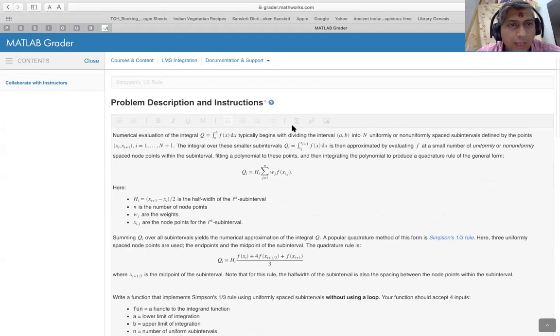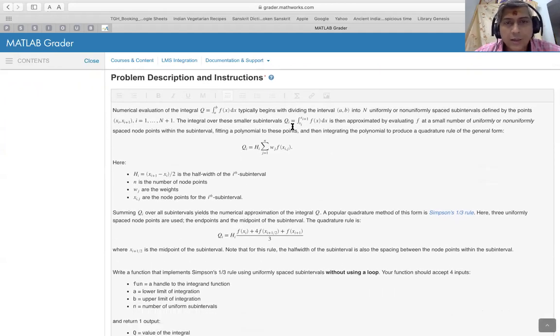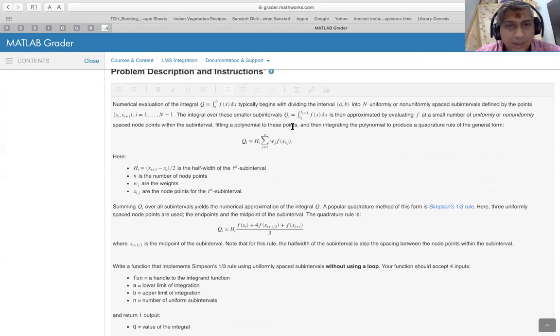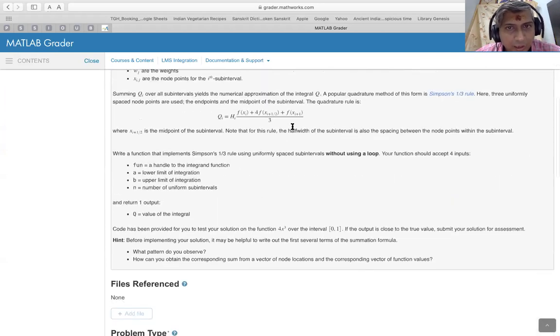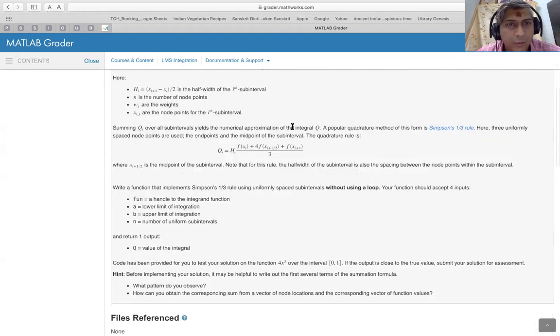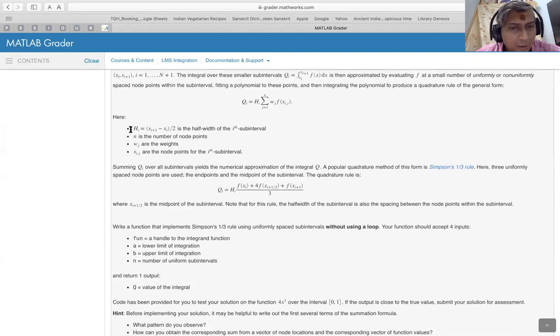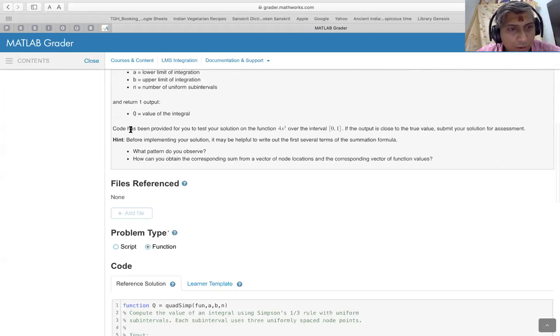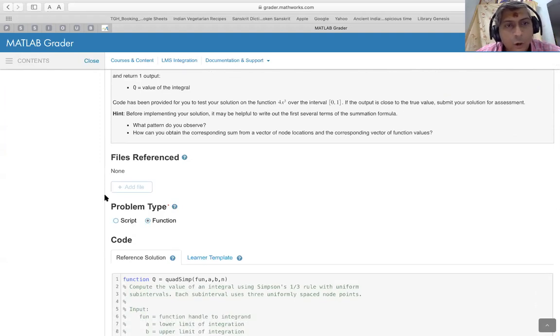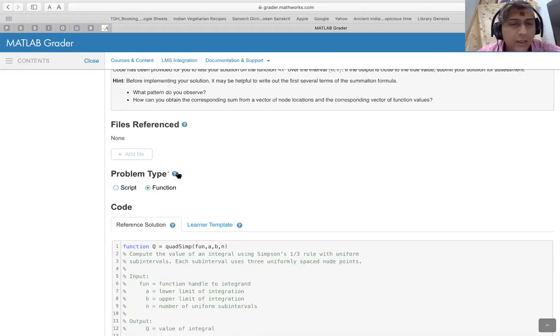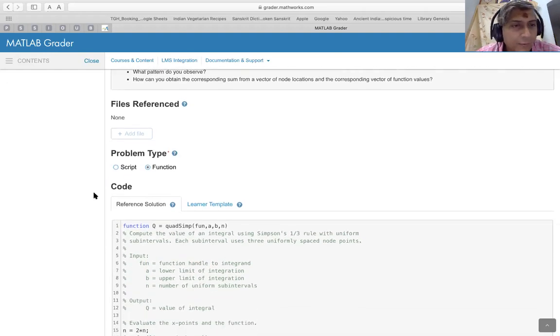So how does a problem look like? It has a description. It has a set of instructions given to the learner. There are some mathematical formulae relevant to the problem that have been provided. You can see that the variables have been described, and there are bulleted lists that you can include, and so on. Then optionally, you can reference a few files. It could be an Excel file or a MATLAB file that you want the user or the learner to load. Any MATLAB readable file can be loaded here. It could be even an image that MATLAB can read, or an audio file.